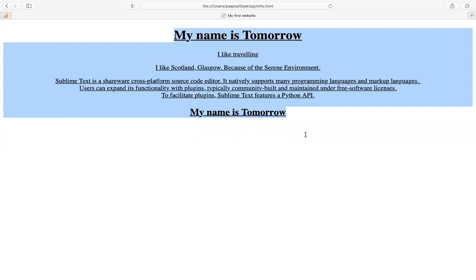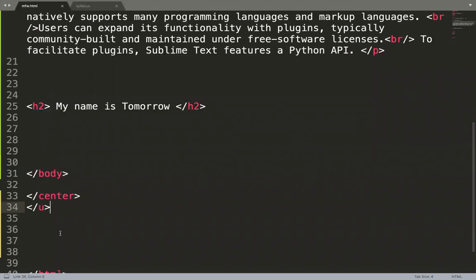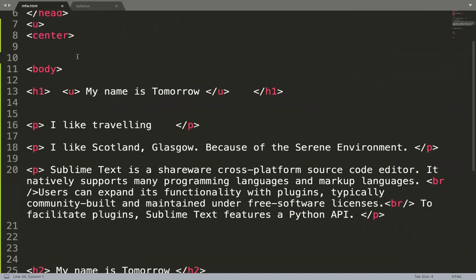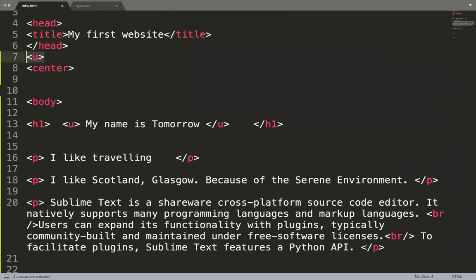So be mindful of where you place your underline tag. You might underline your whole website. Be mindful of where you place it. Okay, if no question, let's move to the next agenda very fast. So everyone has understood the underline. All right,